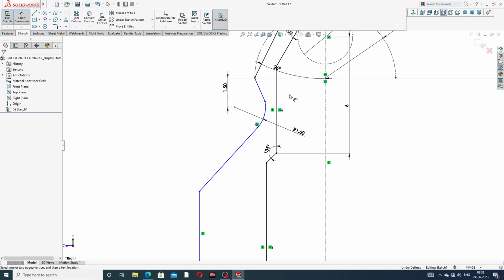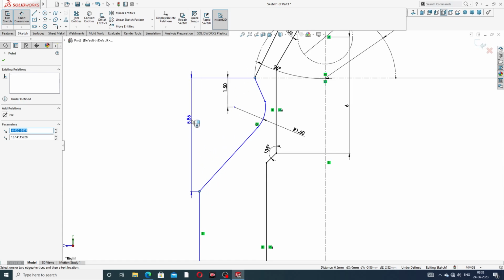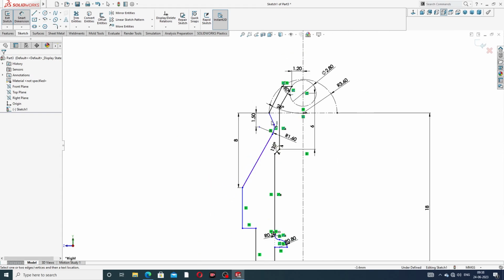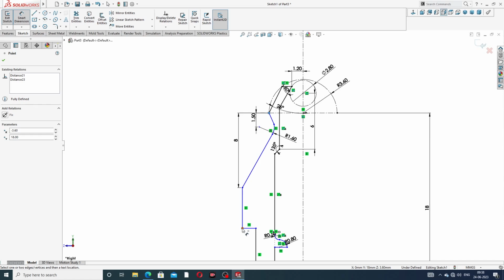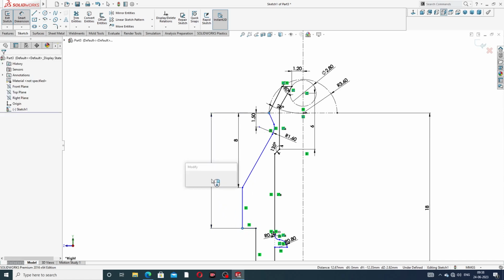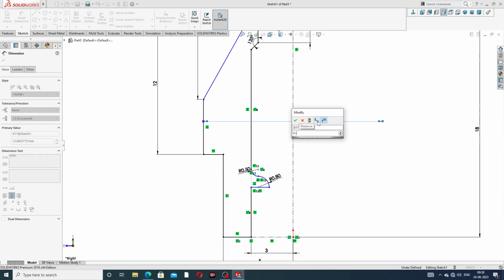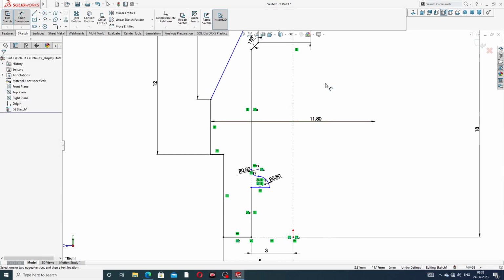And the next is, this point to this point distance is 8 millimeter, and this point to this distance is 12 millimeter. Okay, and next, this distance is 11.8. Okay,